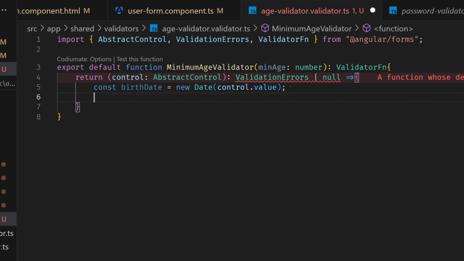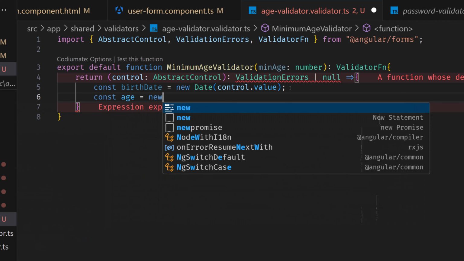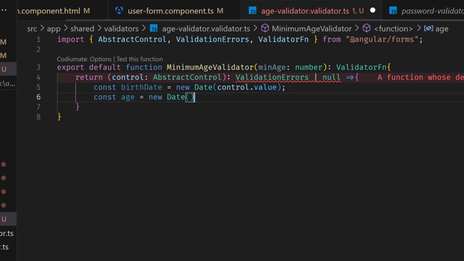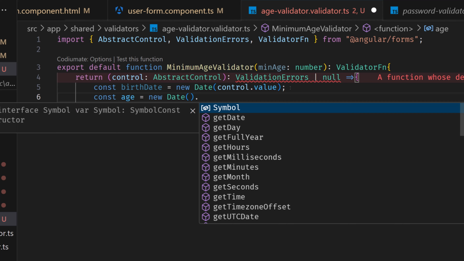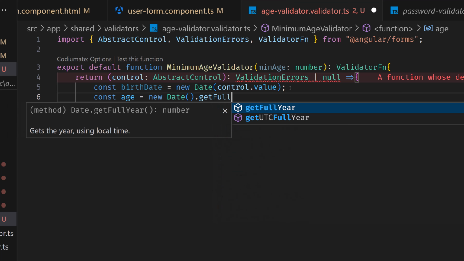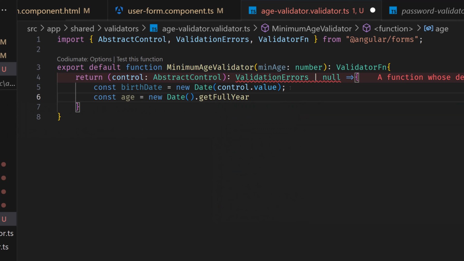Okay. And const age equals new date, but this time it's empty brackets. So that means that we are getting the current date, and from that current date, we'll get the getFullYear, because this getFullYear is just gonna return a number. So 2020, actually 2020 or 23, or doesn't matter. So we're getting just the part with the age, and we're gonna